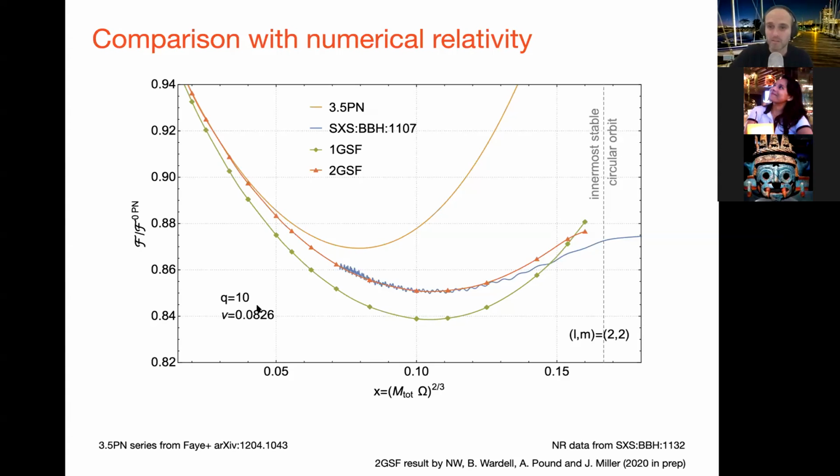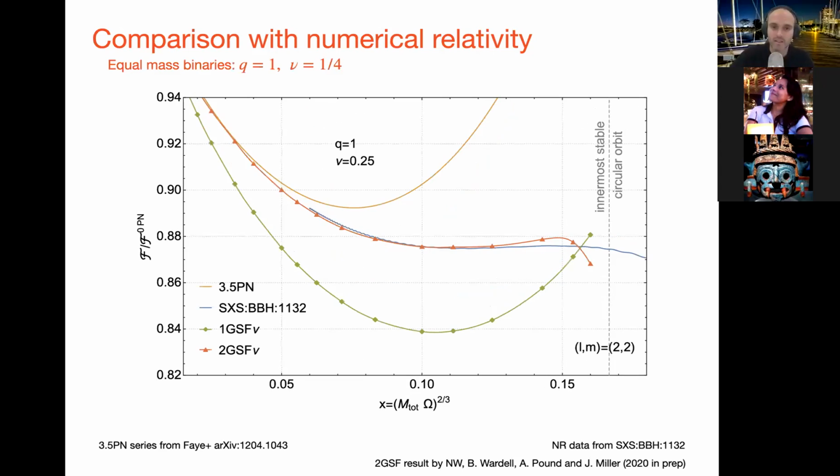How about we do something completely outrageous and look at Q equals 1. Now remember, we're doing an expansion in powers of the mass ratio, and there's no reason to think that my small mass ratio expansion will work where the expansion parameter has a value of 1. But why not? Let's do it and see how it goes. So here is the same plot, but now the two components of the binary have exactly the same size. Nu takes a value of 0.25.